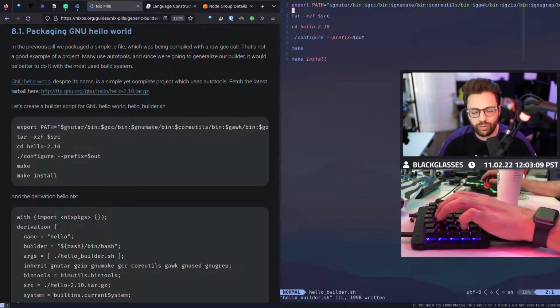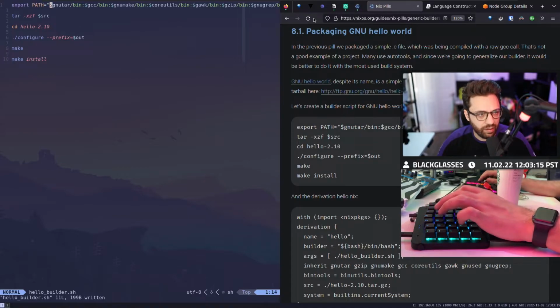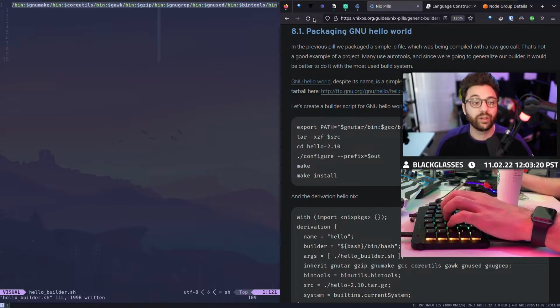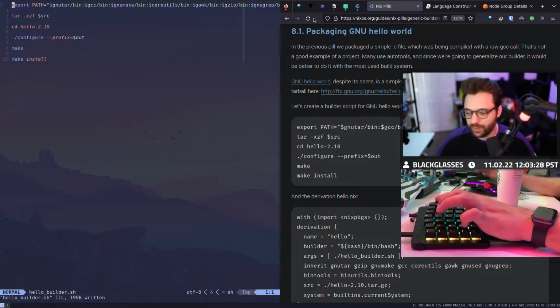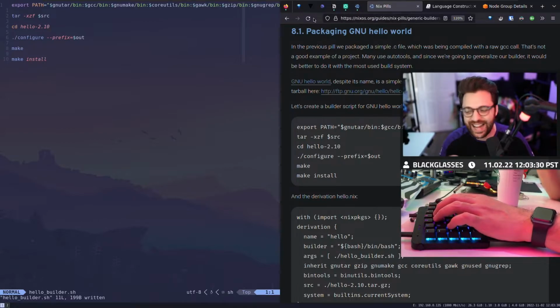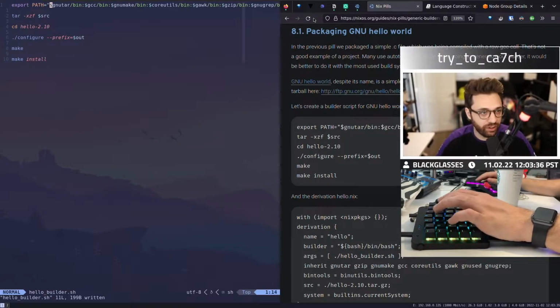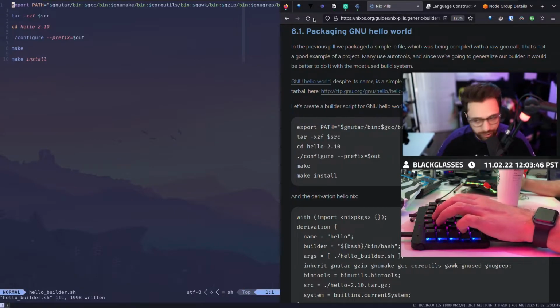What are we doing here? We're creating a custom path, right? So if we look at this string, geez, I can't even talk today. If we look at this string, we'll see a ton of environment variables interpolated with /bin essentially. And that's because we're creating this shell script and telling it, hey, these are the paths to the binaries you're looking for. And if I needed node, for example, I would do node /bin, and then I would add it, and now I would be able to use node once I set it up in the Nix configuration. So this is just shell, chat.